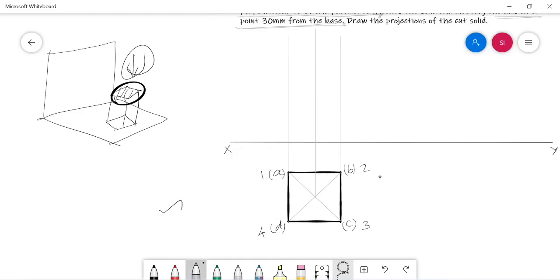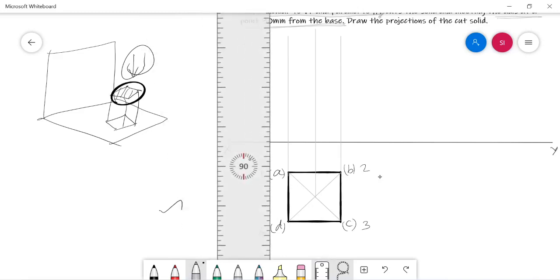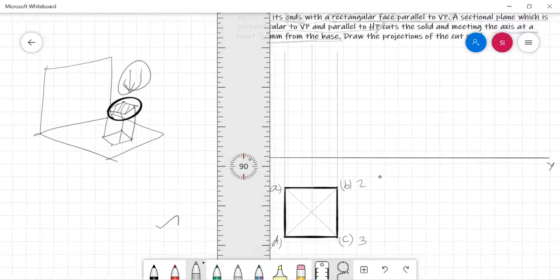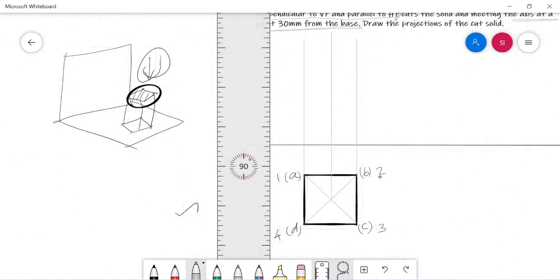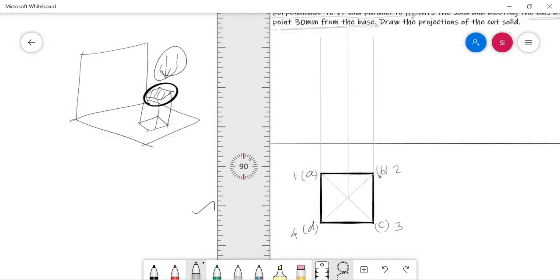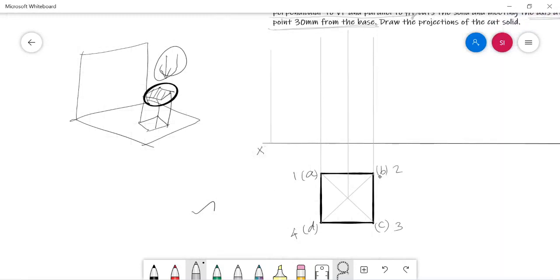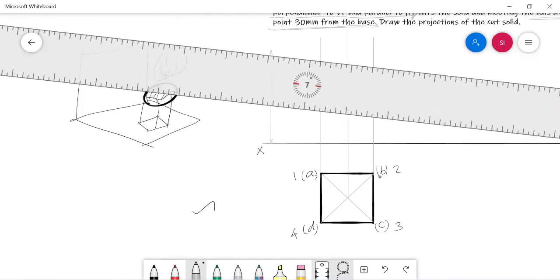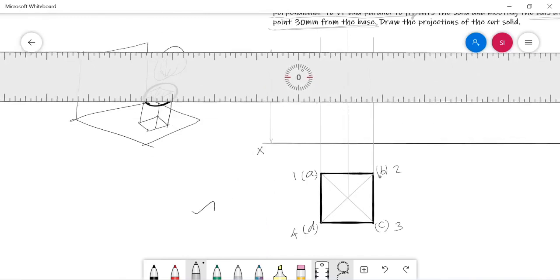Now the axis height of the solid given in the problem is 70 mm. So up to that height I need to complete the lateral portion.